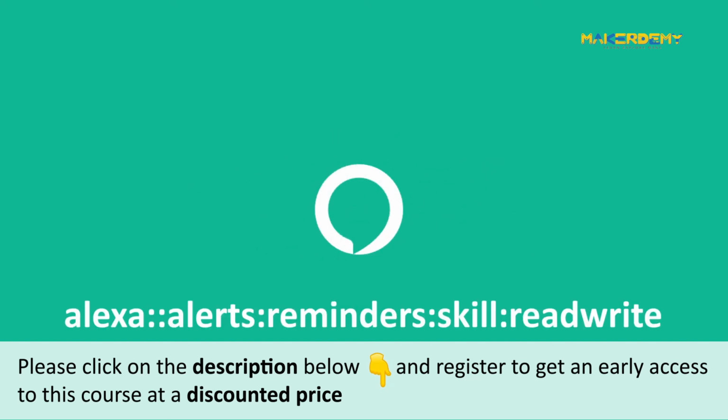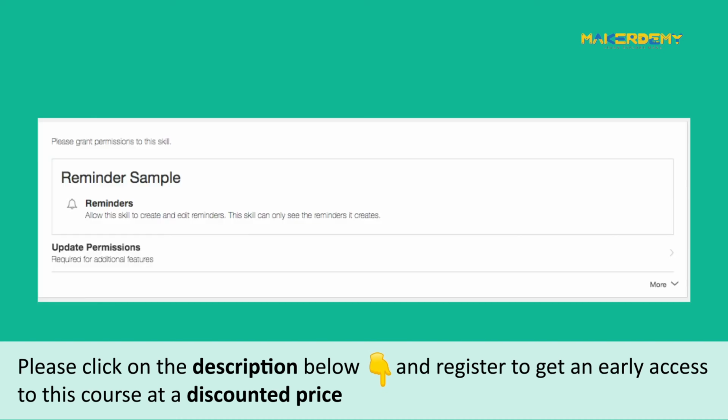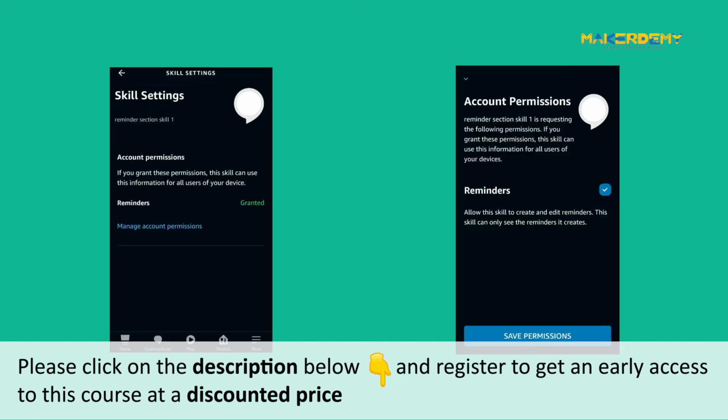Your skill can send a request card dynamically to the Alexa app, prompting the user to grant required permissions to access reminders. Amazon handles this in the Alexa app once the skill is enabled. The Alexa app and Alexa privacy settings allow the user to manage skill permissions at any time, and the user can opt out whenever they want to.